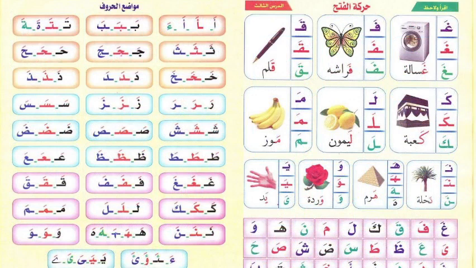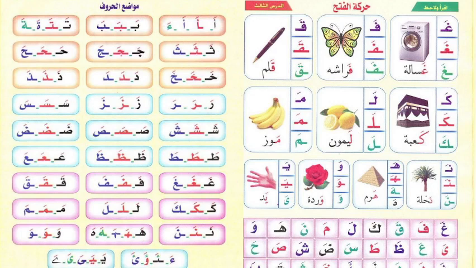And then we move to ha. We have nakhla, a date palm. Nakhla is the date palm, the palm of a date. And we have ha at the beginning, in the middle, and at the end. So both ways: ha at the beginning, the second one is ha in the middle, and the fourth and last one that I have here.